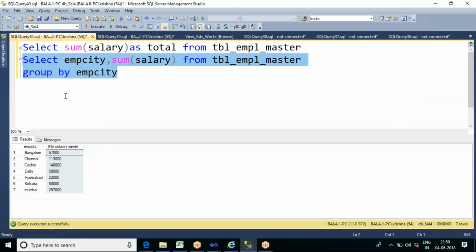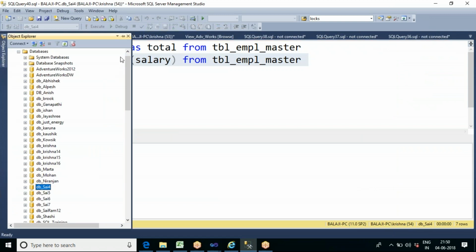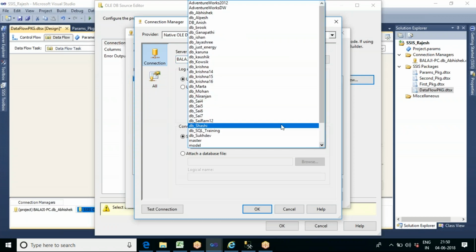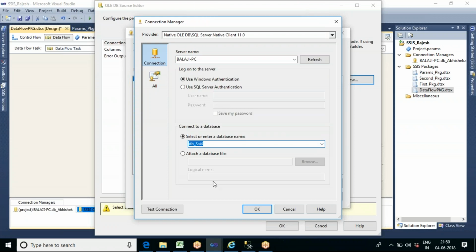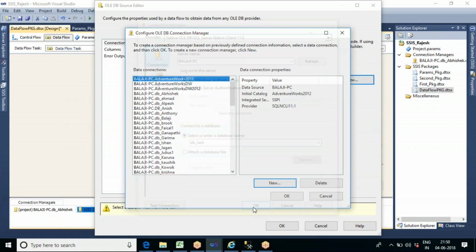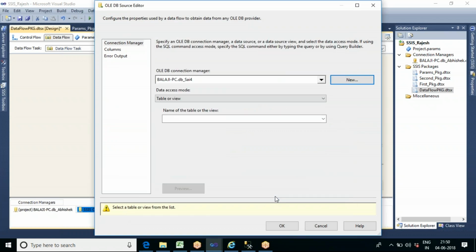My SQL server name is balaji-pc, as you already know. Now let us specify the server name as balaji-pc, and let us select the database name as dbsai4. Test connection. Now I have created a connection to the database.